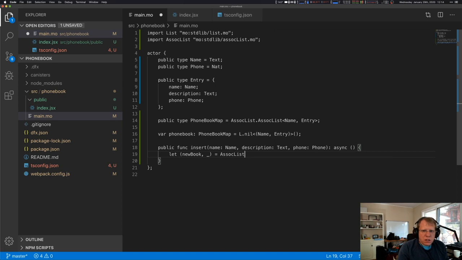Is soft list.replace. So we replace the name. Like, it's not insert, it's like upsert, I think, insert or update, basically. Yeah, I think it's upsert name, but basically like insert or replace. No, so we'll still call it insert, but we're gonna replace anything that exists already, if it exists. And then,